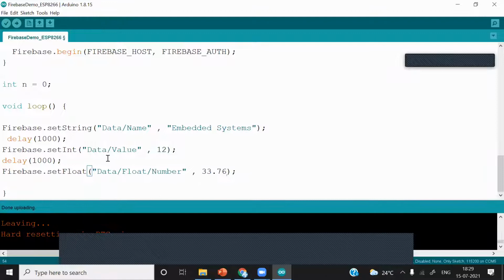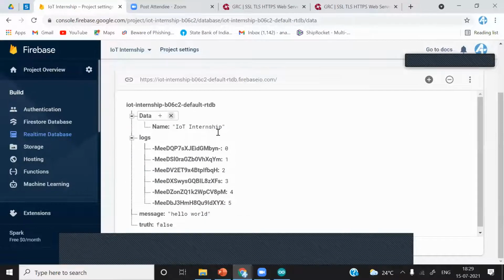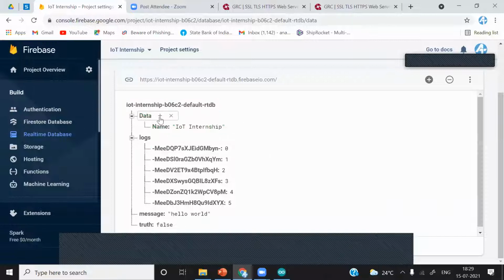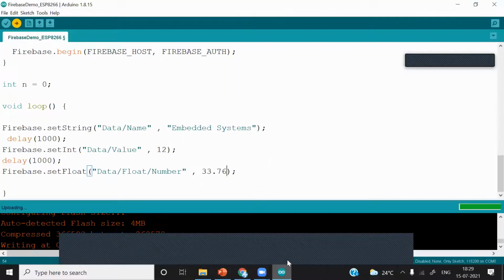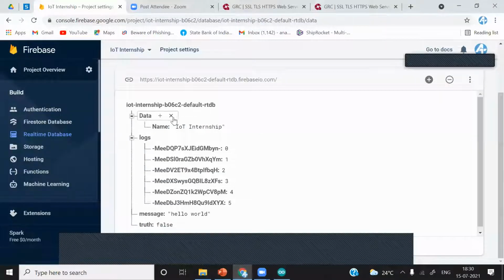Now we'll upload this code to the ESP8266 and see what happens. I'll delete the previous data. I will just pause. I'll stop it. Before uploading the code, I will delete everything.